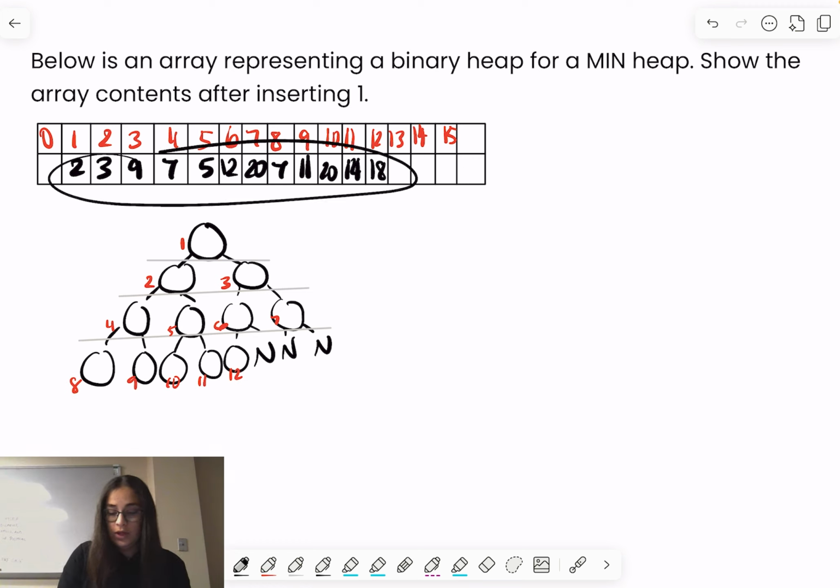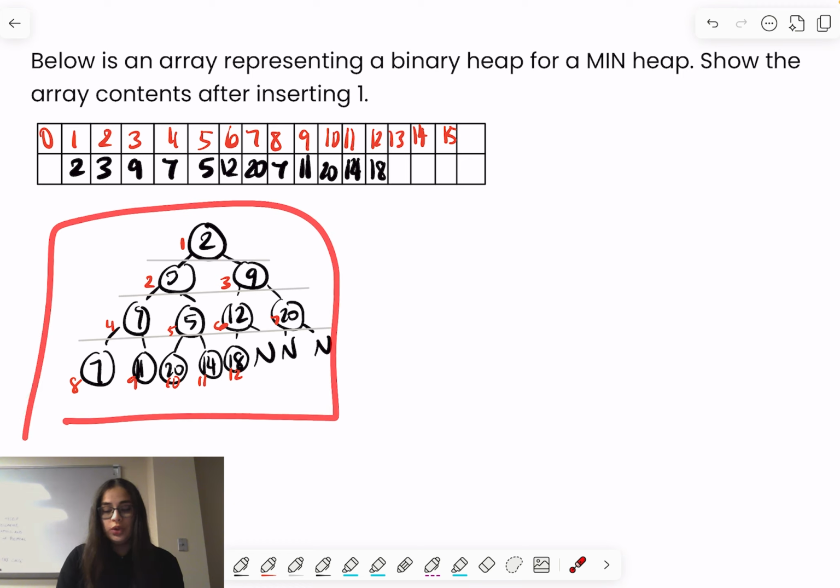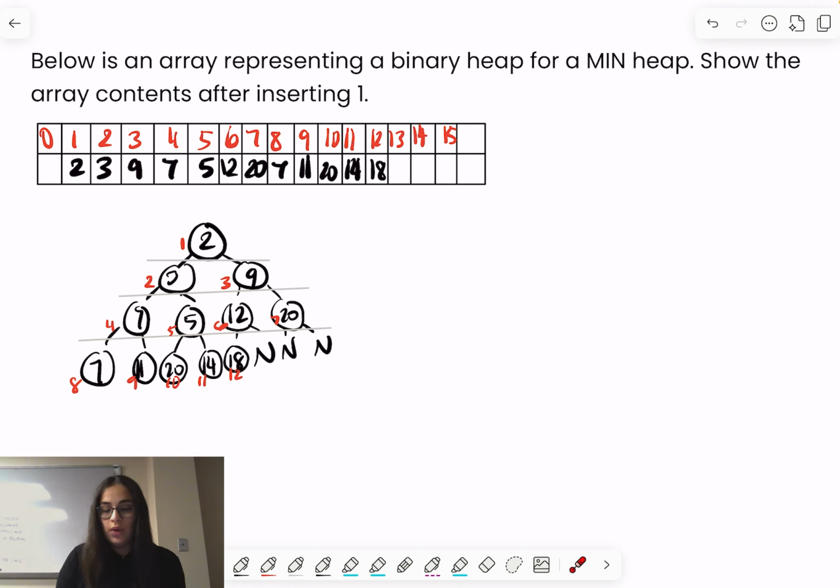Then the same thing over here with these numbers. I'm just going to write them in order, starting from row 1, and then when I run out of nodes, I go to the next row, starting from left to right. So 2, 3, 9, 7, 5, 12, 20, 7, 11, 20, 14, 18. So this is just the tree that was given to us, but we have to show it when 1 is